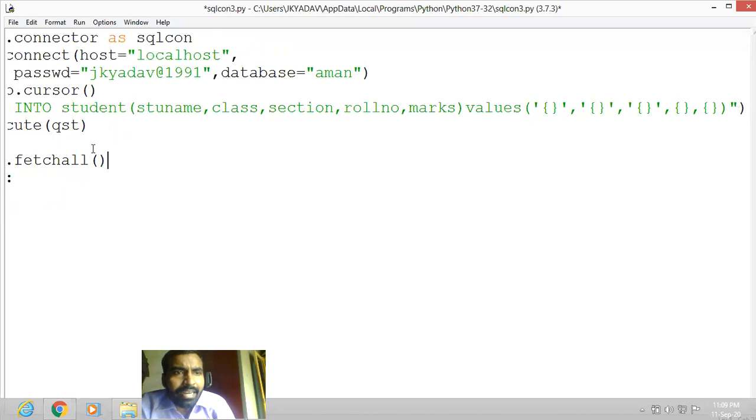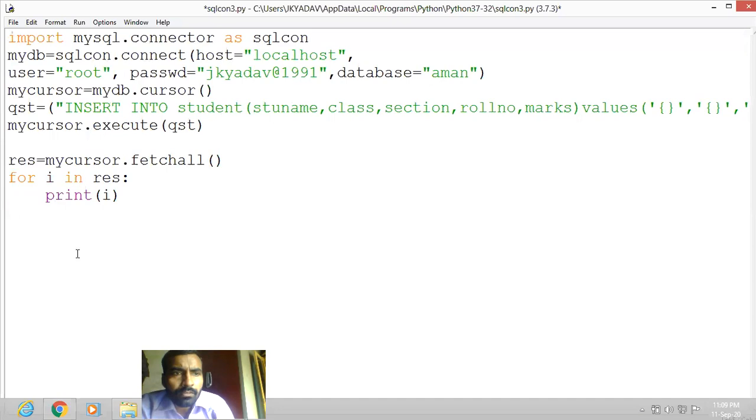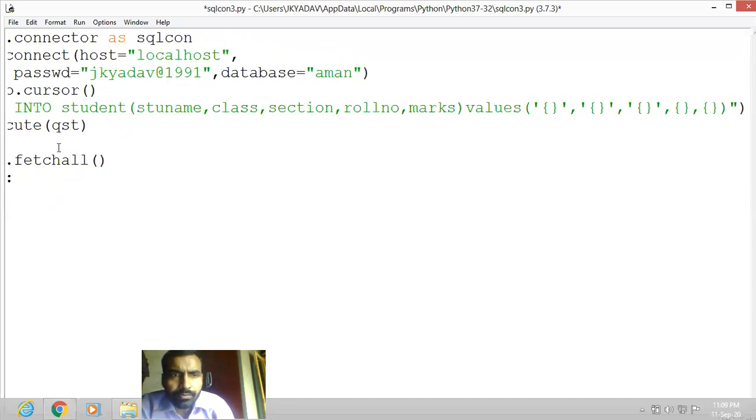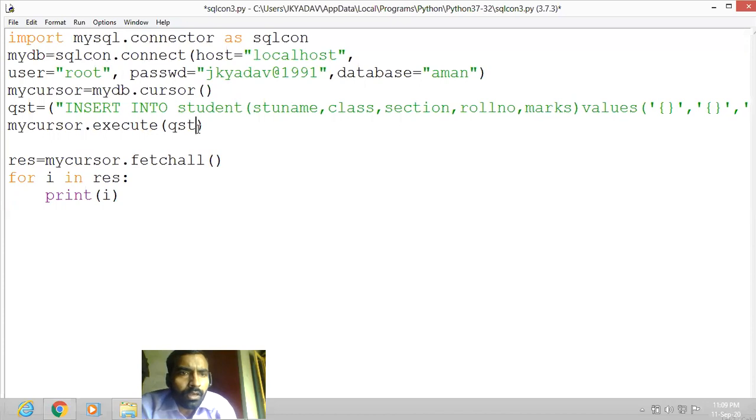So what we can write in the execute command, my cursor dot execute qst dot format. Then we can write the values in the form of tuples. Okay. So the values are, suppose one name we are going to insert, any name we can take, Sanjay, suppose Sanjay.